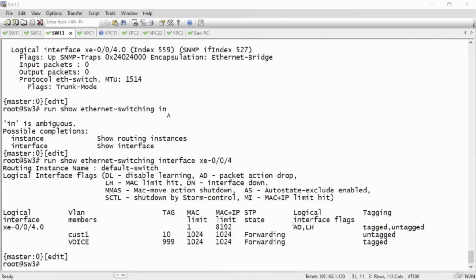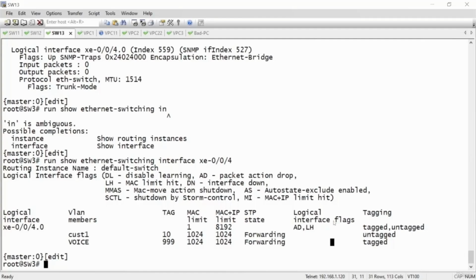Okay, surprisingly it's still set to the interface flags as MAC limit is hit and action has dropped, where we've actually set the action as shut down, so it just hasn't accepted that at all, which is a bit weird. But let's pretend for a moment that it did. If we did have the recovery timeout option set, which we have, it would automatically recover the actual interface within the timer that we've set. If we didn't have it set though, then it would have shut the interface down, and